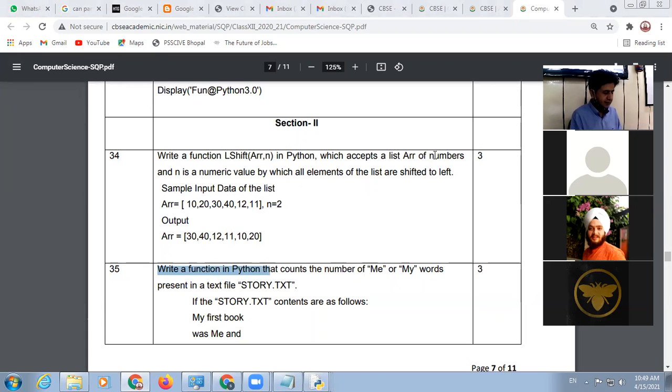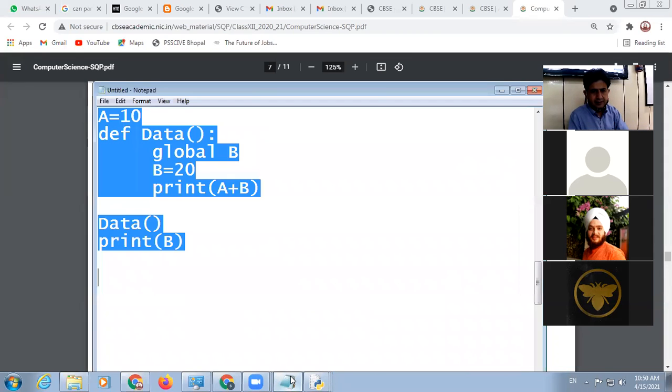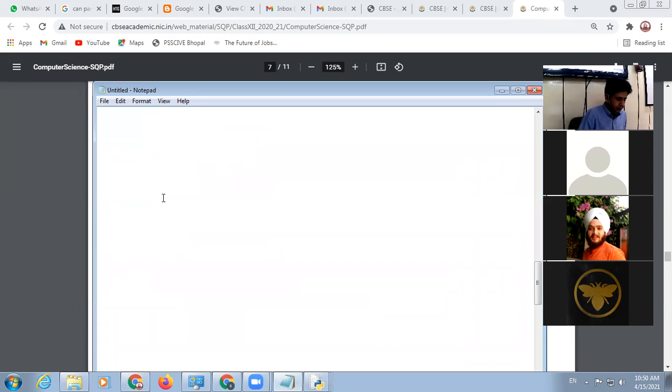Okay, students. In functions, I want to discuss one more thing. In Python we follow one rule that is called LEGB.